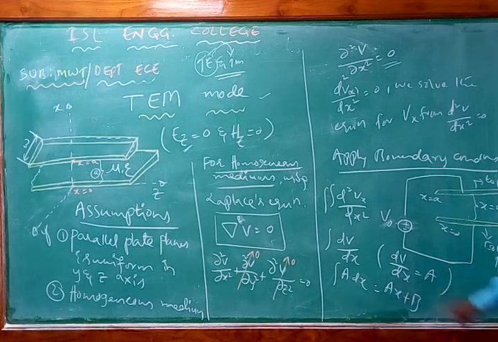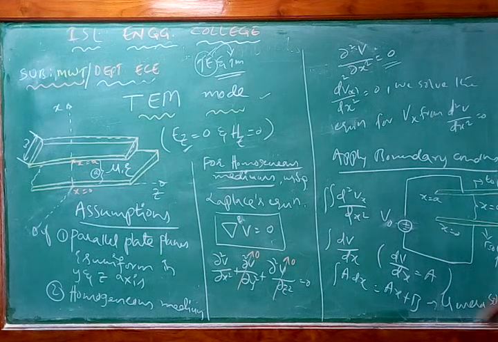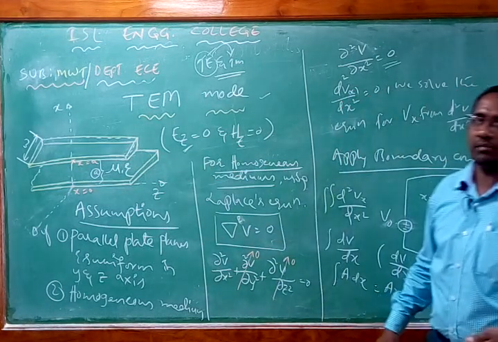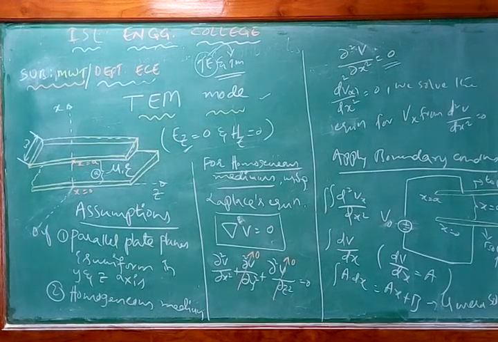Now this is a general solution. What is this ax plus b? It is known as the general solution. I can call this a general solution. So we have to solve the general solution to get the overall equation for the potential between the two parallel plates. Now to find that particular potential, what should I do? I have to go into the boundary conditions. What do you mean by boundary conditions? We apply some limits to find the boundary conditions.